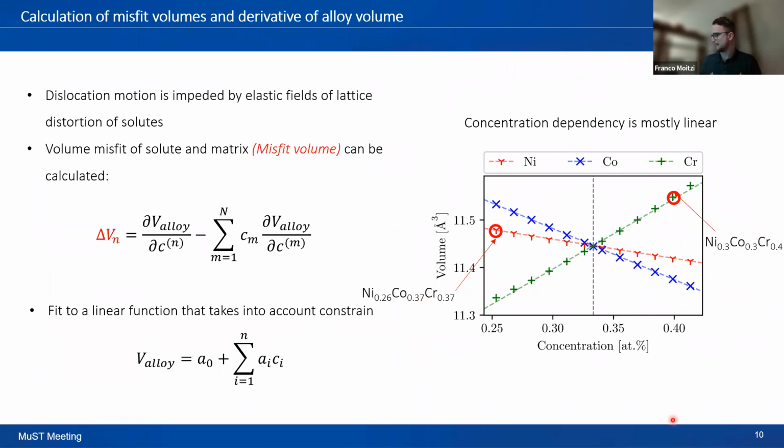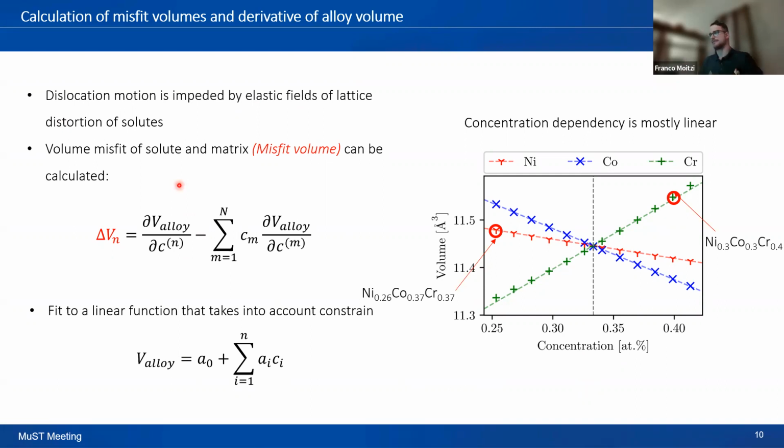As mentioned earlier, the dislocation motion is really impeded by these elastic fields of the lattice distortion which is introduced by the solutes. One way to quantify this lattice distortion is by the volume misfit between the solute and the matrix. In short, we call it misfit volumes. And this can be calculated by